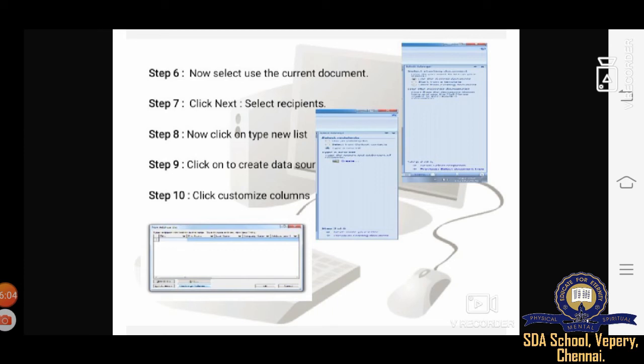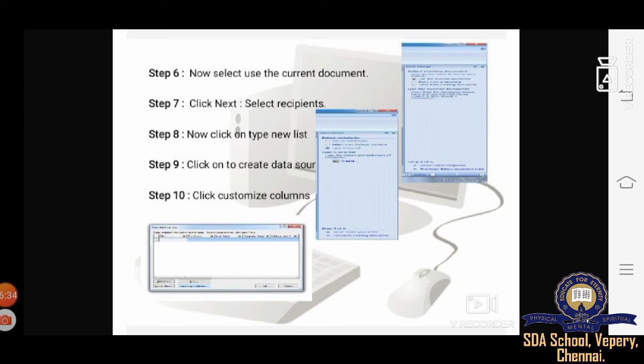Okay, step 1, click on the mailings tab of the ribbon first. Second one, step 2, select the start mail merge button. A drop down menu will appear. And step 3, click on the step by step mail merge wizard, and the mail merge task panel appears to the right of the screen, and it will guide through 6 main steps to complete a mail merge. And step 4, select the type of document to create, that is, click on letters.